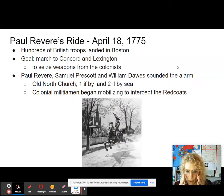Paul Revere was one of the Sons of Liberty, and he knew that there were British troops landing near Boston, and they were after the colonists' weapons. There was an arsenal out in Concord, about 20 miles outside of Boston. And so when the British were coming into Boston, the Sons of Liberty knew that they were going to be heading toward Concord in order to